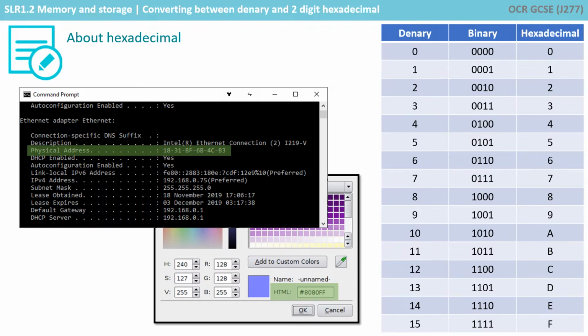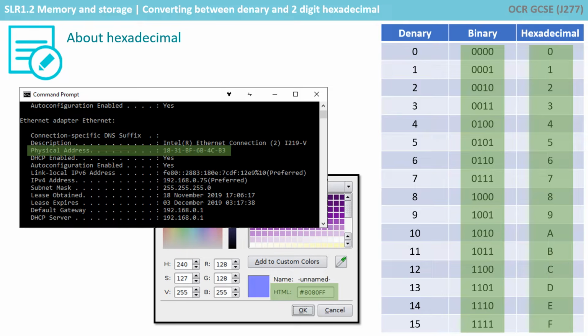So computers don't really use hexadecimal, but because of the close relationship between hexadecimal and a binary nibble, they become really useful for representing large binary numbers in a smaller number of digits. And they're used in computer science to represent colours, memory addresses, MAC addresses, and much, much more. So just spend a few moments exploring this table and you'll see what I mean by the close relationship between binary nibbles and hexadecimal.